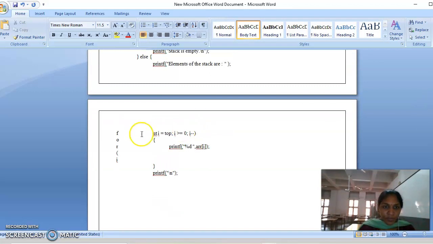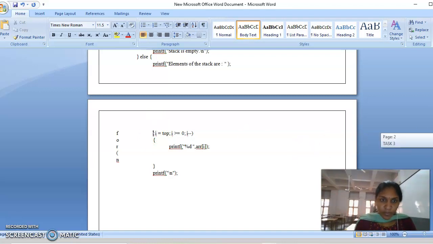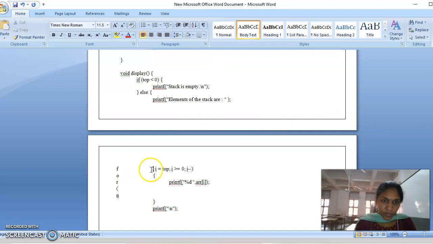Here for int i is equal to top. What is the i value now?